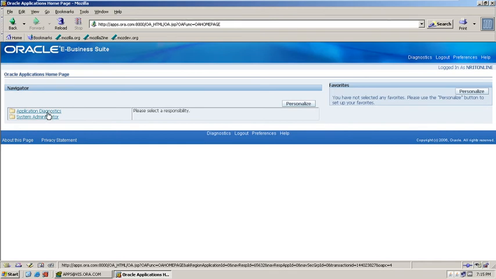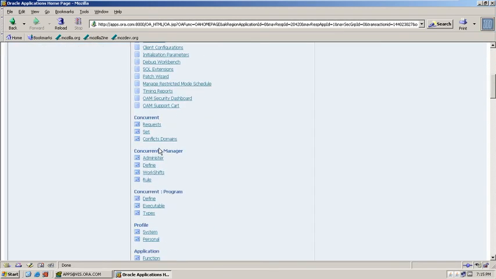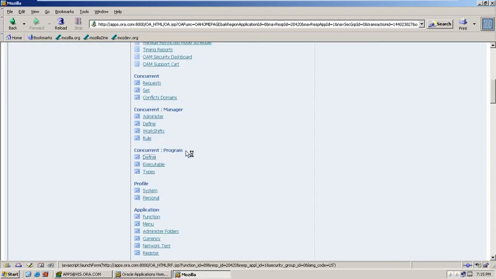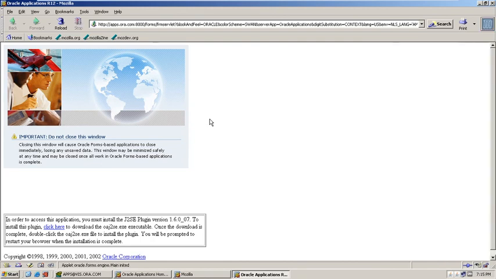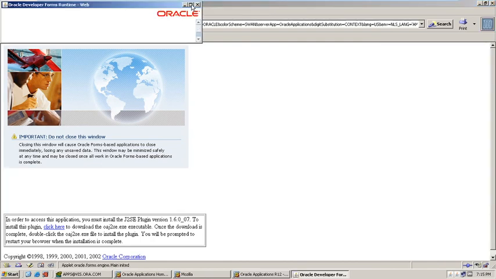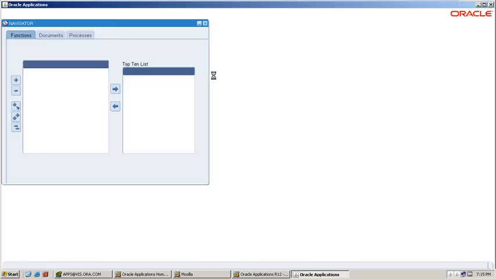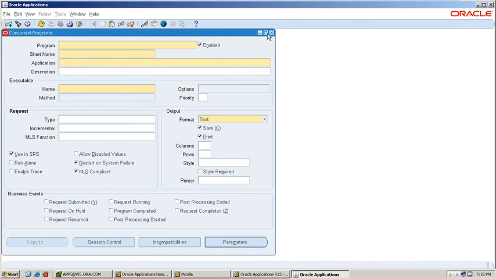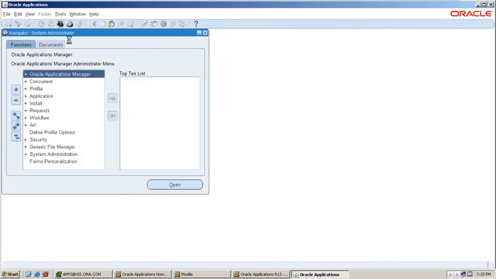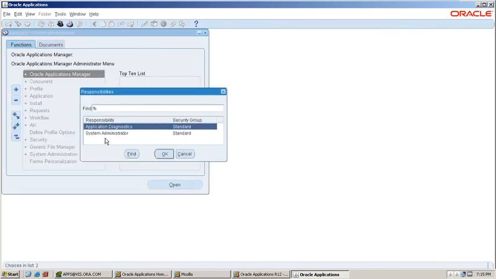There are two responsibilities I can see attached to my user. Here also you can see the list of responsibilities which are assigned to the user.